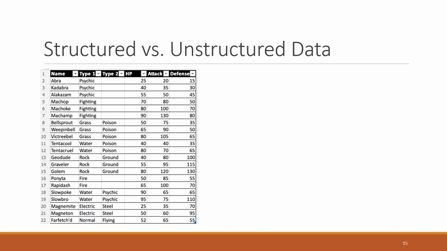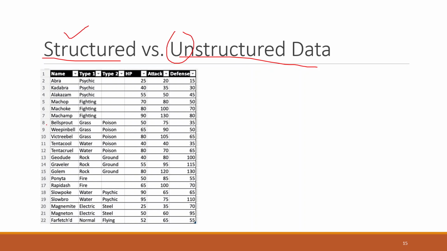OK. If we talk about the difference between, let's say, machine learning and deep learning, so if we talk about the data, we have structured and unstructured data. We discussed in the definition that machine learning mostly works with structured data and deep learning works with unstructured data. So this is an example of structured data.